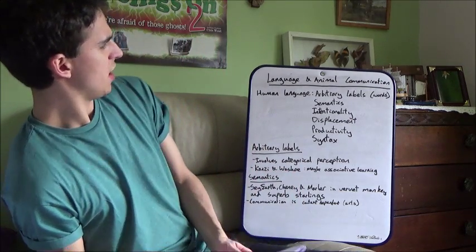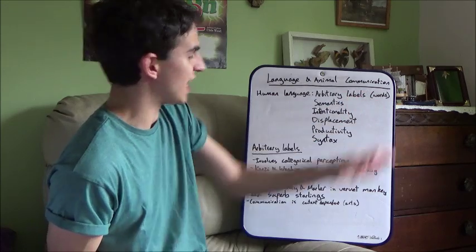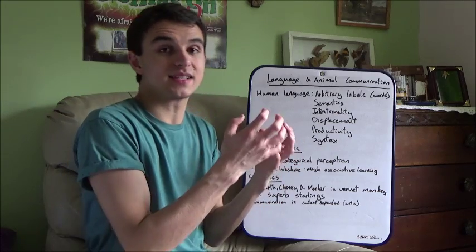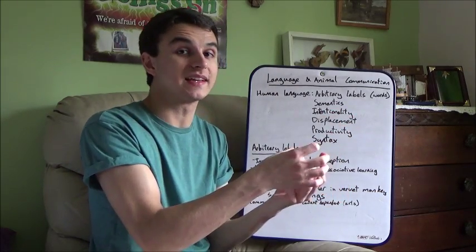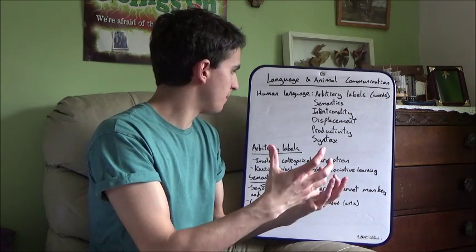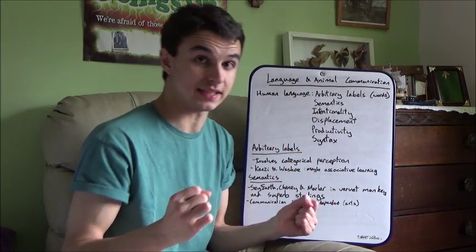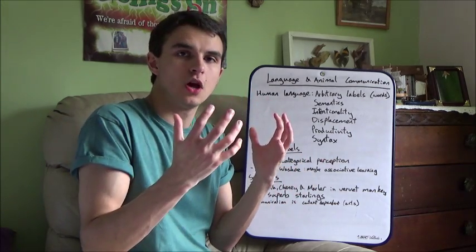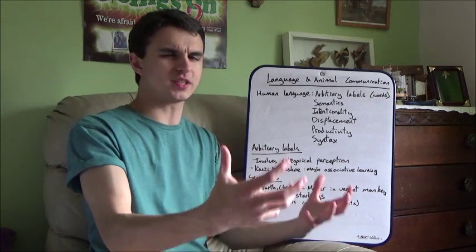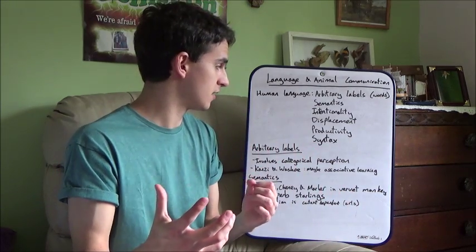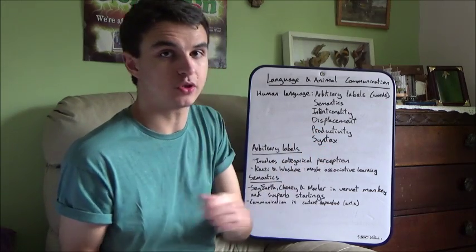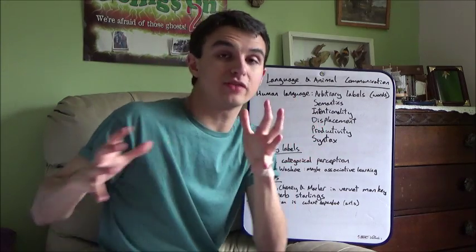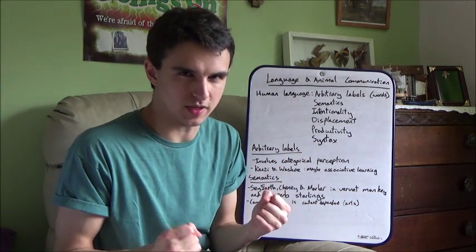Okay, so I've got a list of features of human language here. We've got arbitrary labels, they're basically words, right? Semantics, that means those words have a particular meaning, okay? There's intentionality in the communication. There's displacement, so that gives an animal situational freedom. So that would suggest that it could possibly talk about the past, present or future. Yeah? There's productivity in the communication. And then there's syntax, which is the ability to construct sentences which result in an infinite variety of possible meanings.